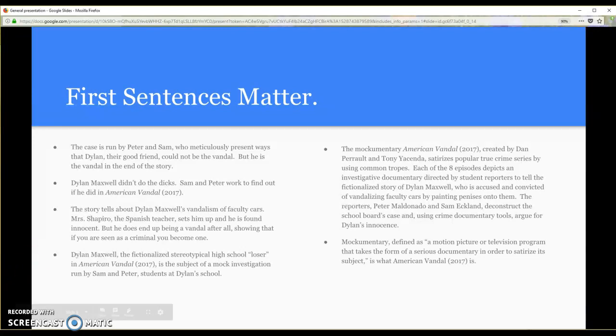I do want to focus on this one here. The mockumentary American Vandal, created by Dan Perrault and Tony Ascenda, satirizes popular true crime series by using common tropes. You learn that word in your Get the Background. Each of the 8 episodes depicts an investigative documentary directed by student reporters to tell the fictionalized story of Dylan Maxwell, who is accused and convicted of vandalizing faculty cars by painting penises onto them. The reporters, Peter Maldonado and Sam Eklund, deconstruct the school board's case and, using crime documentary tools, argue for Dylan's